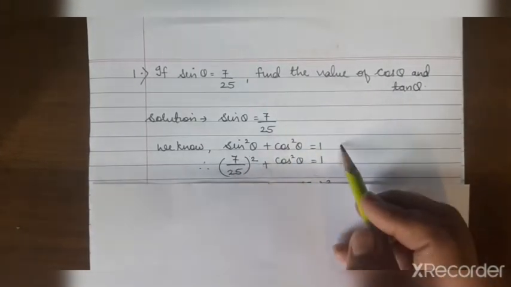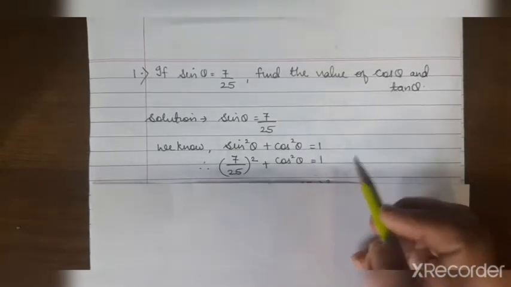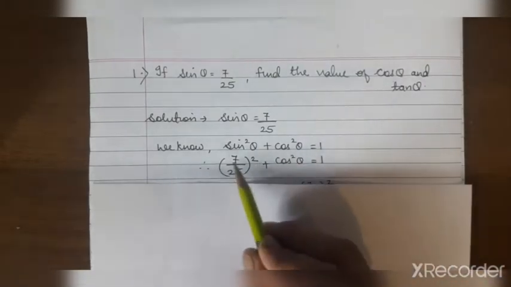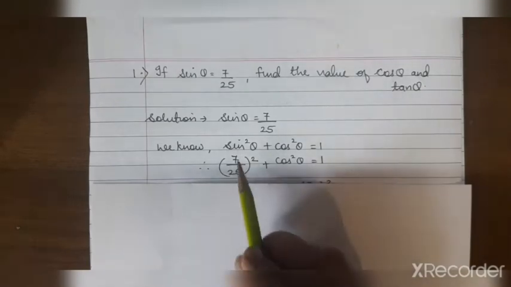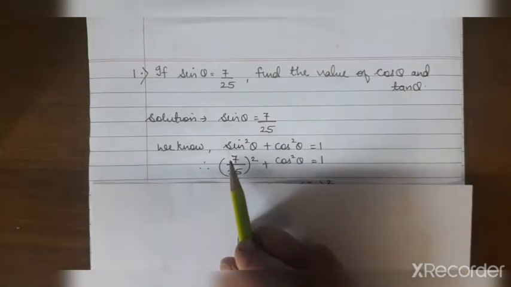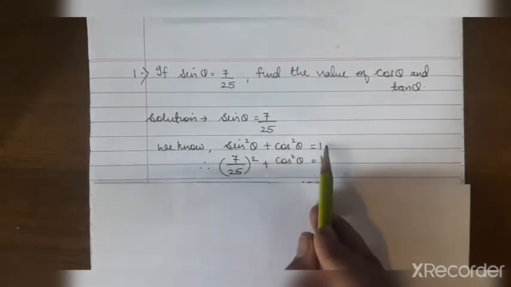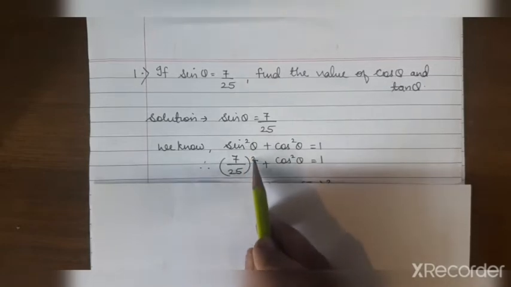So in the first step we have written the identity. Second step we have written the substitution. Always mention the identity. Do not go to this second step directly. Do not substitute directly. First we need to write which identity we are using and then we need to substitute. So first we have written this identity and then we have substituted, and since there is a square we have put a square.